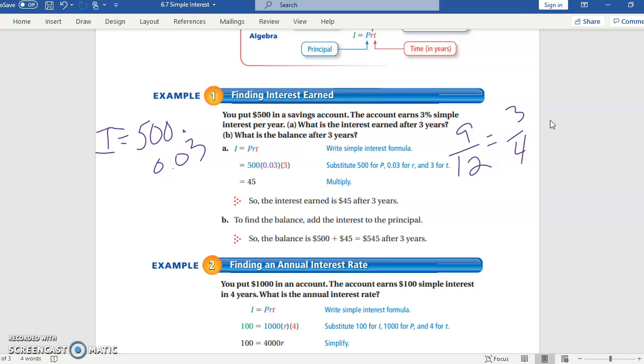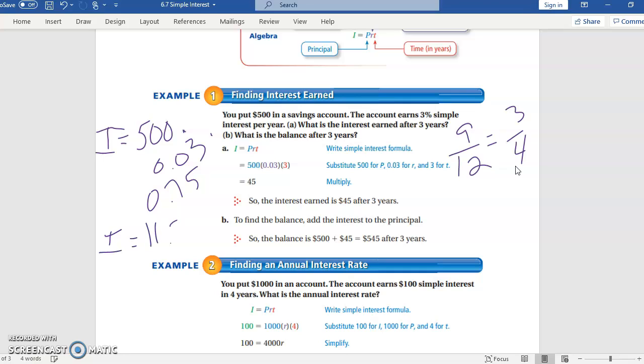So if you don't know what 3/4 is as a decimal, you want to take your top number and divide it by your bottom. So take 3 divided by 4. And when you do that, you should get 0.75. Now, we have our 3 pieces of information. So we're going to go ahead and multiply those numbers together. So we're going to take 500 times 0.03 times 0.75. And when we do that, we get